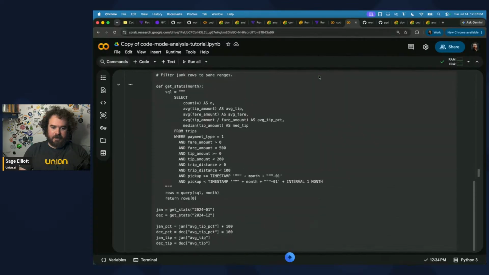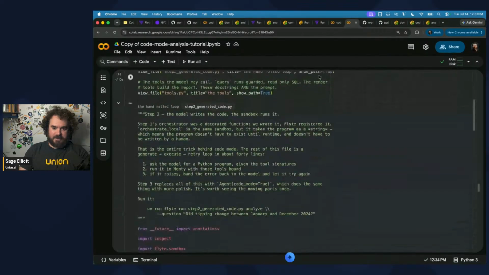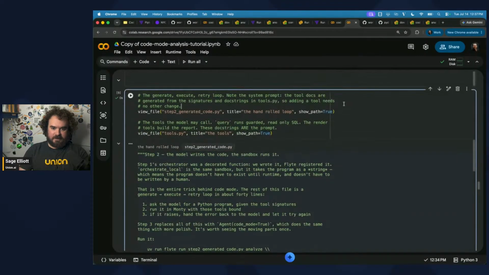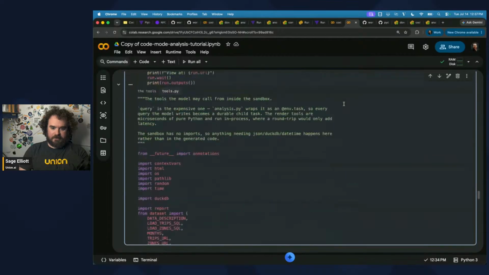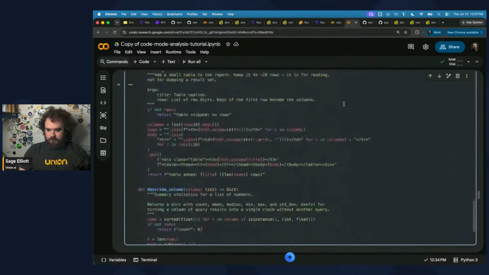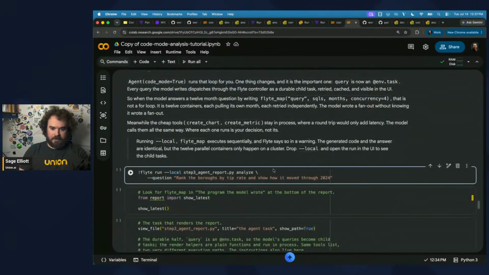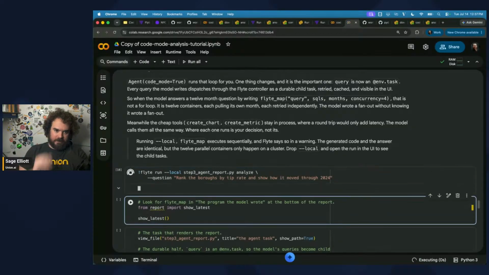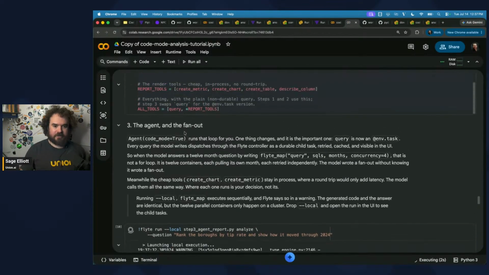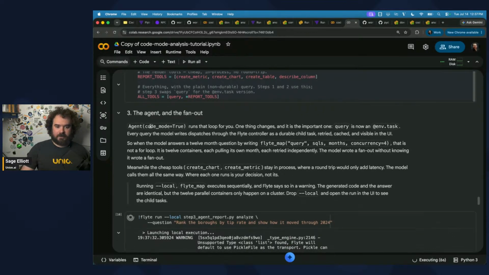Let's look at here again. Go ahead and scroll down, and you can run this. We already did view file. Now you could run this locally, and this one is where we're building the agent and the fan out if you're on the cluster. We'll look at the code here, but we're going to import the Flight